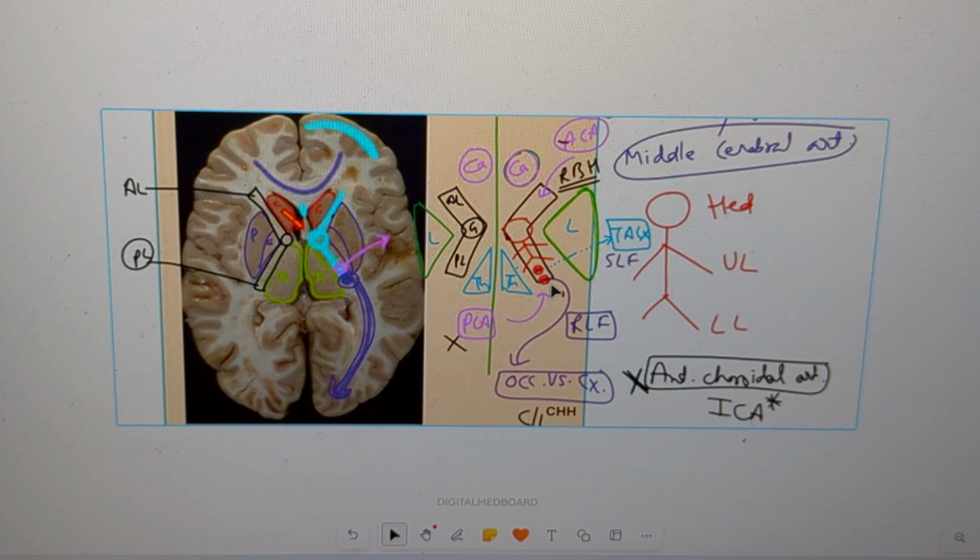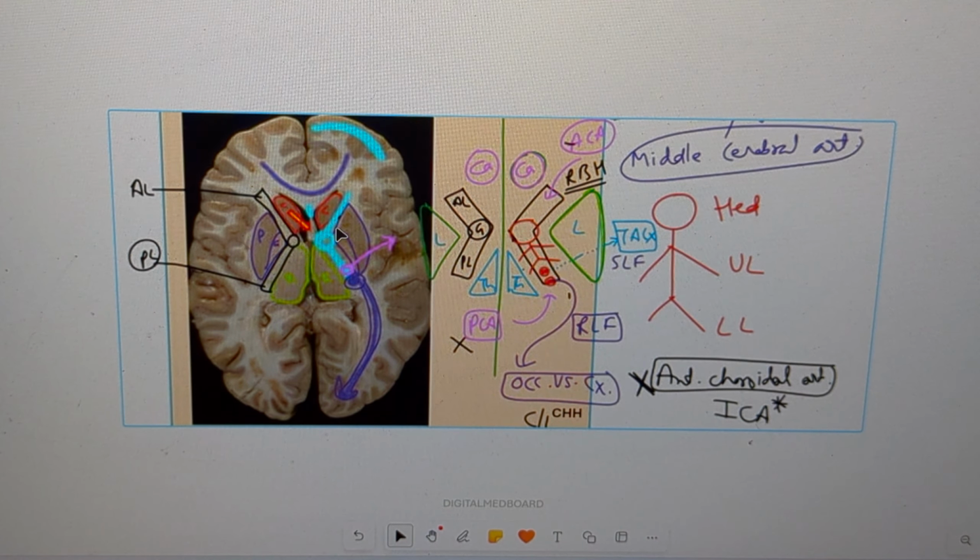The posterior limb of the internal capsule is also supplied by the anterior choroidal artery, which is a branch of the internal carotid artery. If the anterior choroidal artery is blocked, there will be contralateral sensory and motor loss in the upper limb, lower limb, and truncal regions. The anterior limb of the internal capsule carries information from the prefrontal cortex, which is responsible